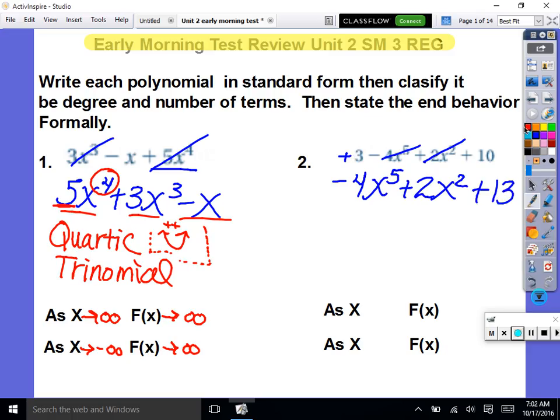And now we'll classify it by degree and number of terms. So it's 5th degree, so it is quintic. Remember, if you have 5 babies, it's called quints. So quintic. 3 terms is trinomial. 2 terms would be binomial, right? 1 term is monomial. All you have to know is monomial, binomial, trinomial, and after that, polynomial of 4 terms,